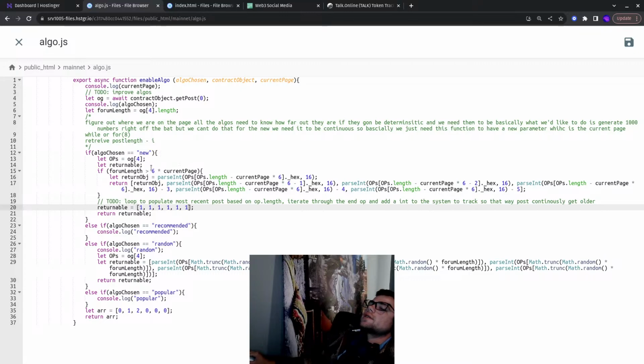So basically we kind of want to do a modulus, right? 6 times the current page is going to be some large amount eventually, because the current page can go up to high numbers, and we want it to circle back through, right? So if we're circling back through, then it's going to be a modulus operator. If form length... so we could do, wait, return object, okay, this number could be a mod, right? If form length mod 6 times current page length, form length mod